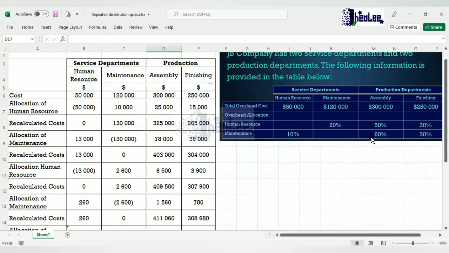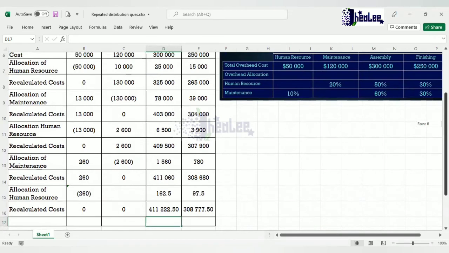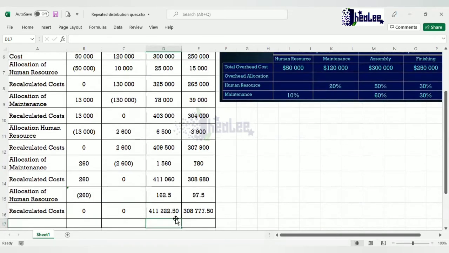question and add all of the overheads together, the 50,000 plus the 120 plus the 300 plus the 250,000, you would get 720,000. If you add the values that we have in the table for the recalculated cost for the 2 production departments, assembly, add this $411,222.50 to $308,777.50. You should get back that